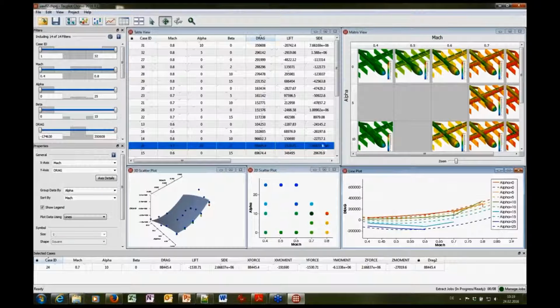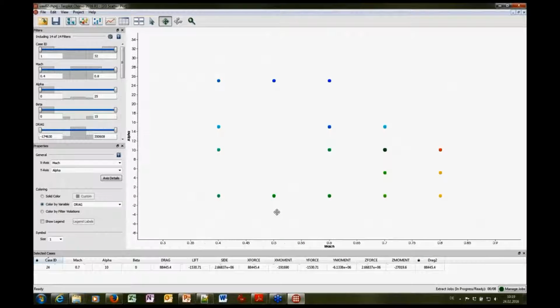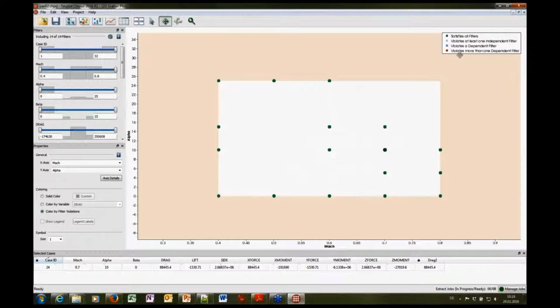The next is that we have 2D scatters. So this 2D scatter here, if you check on the left, is colored by the variable drag. So we have Mach, alpha, and drag. And here it's nice that we can color by filter violations. So currently everything is in this pink tone. At least it looks a little bit pink on my screen, and every point here is green,